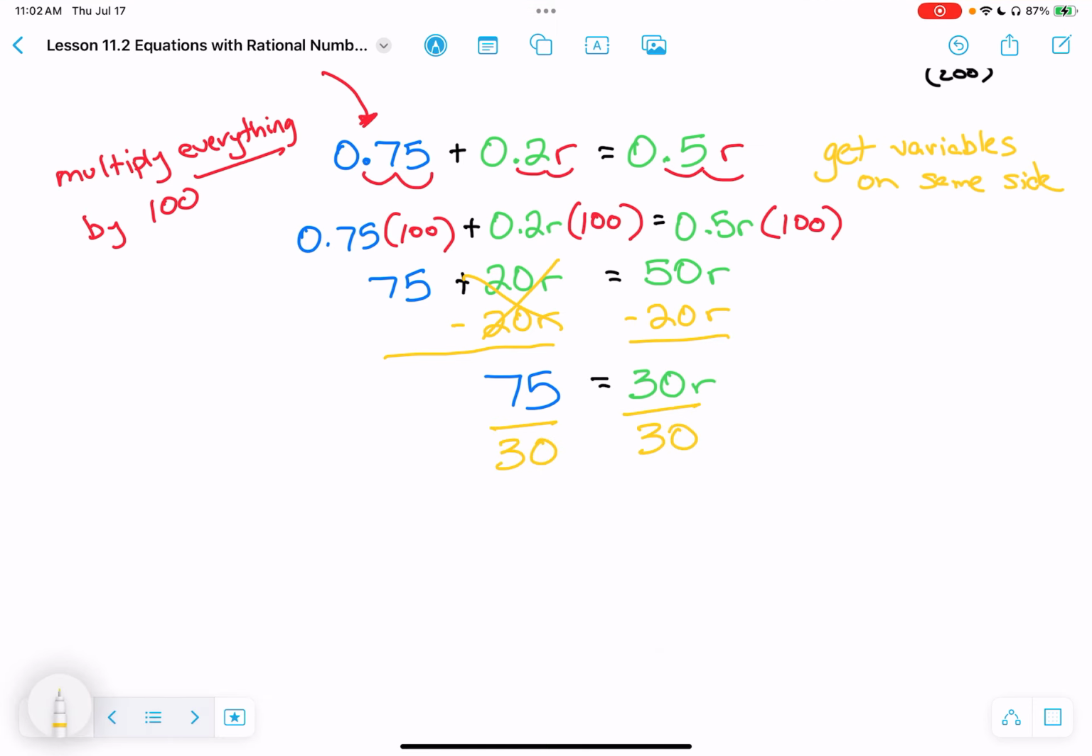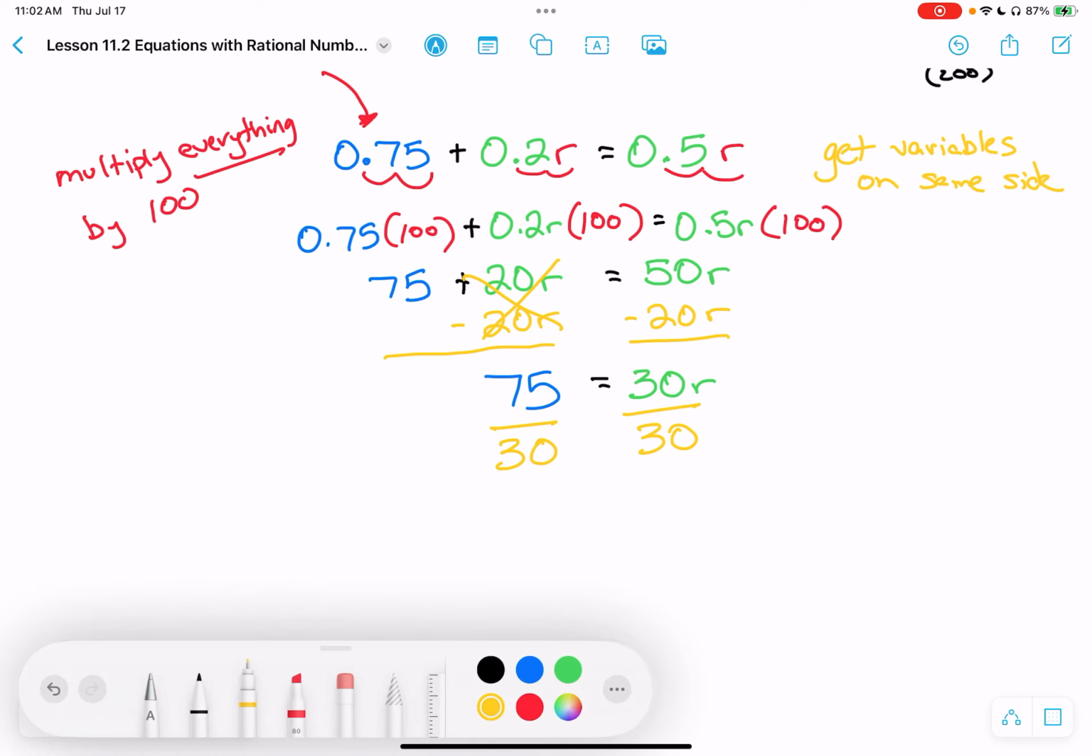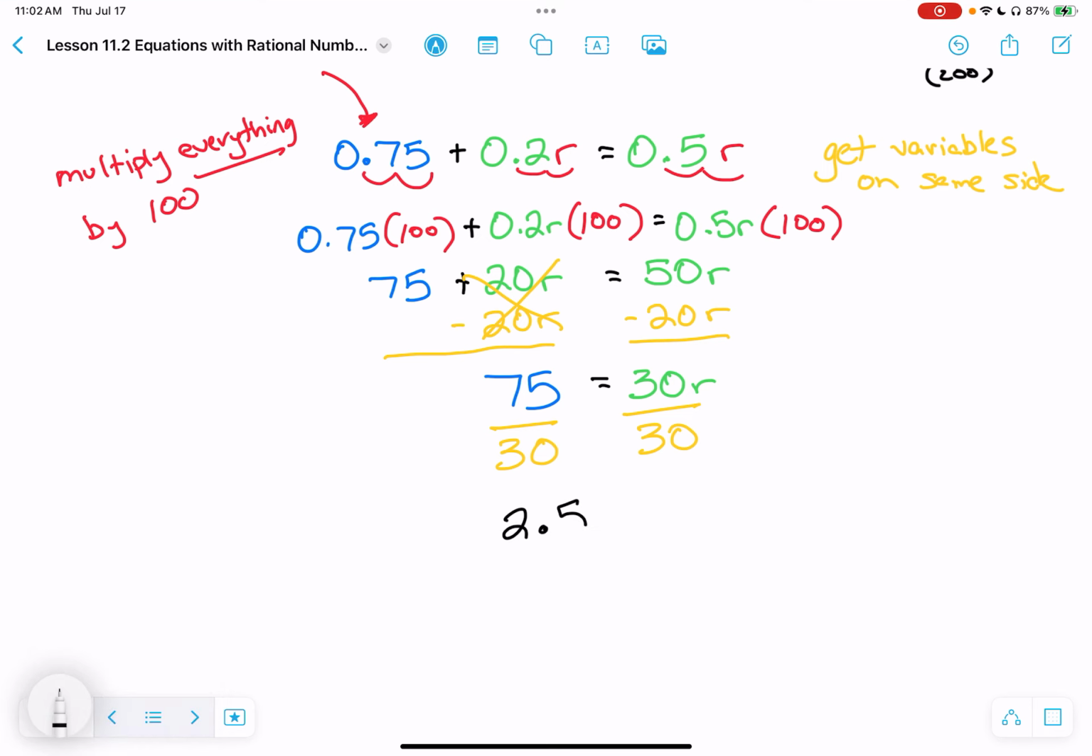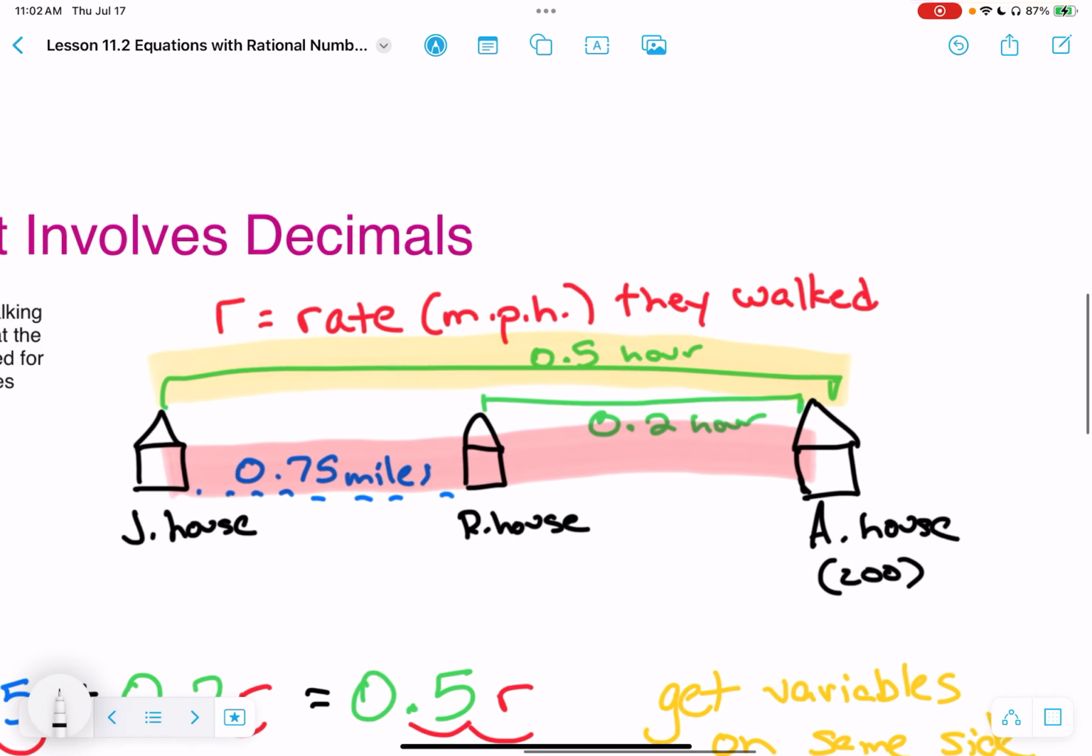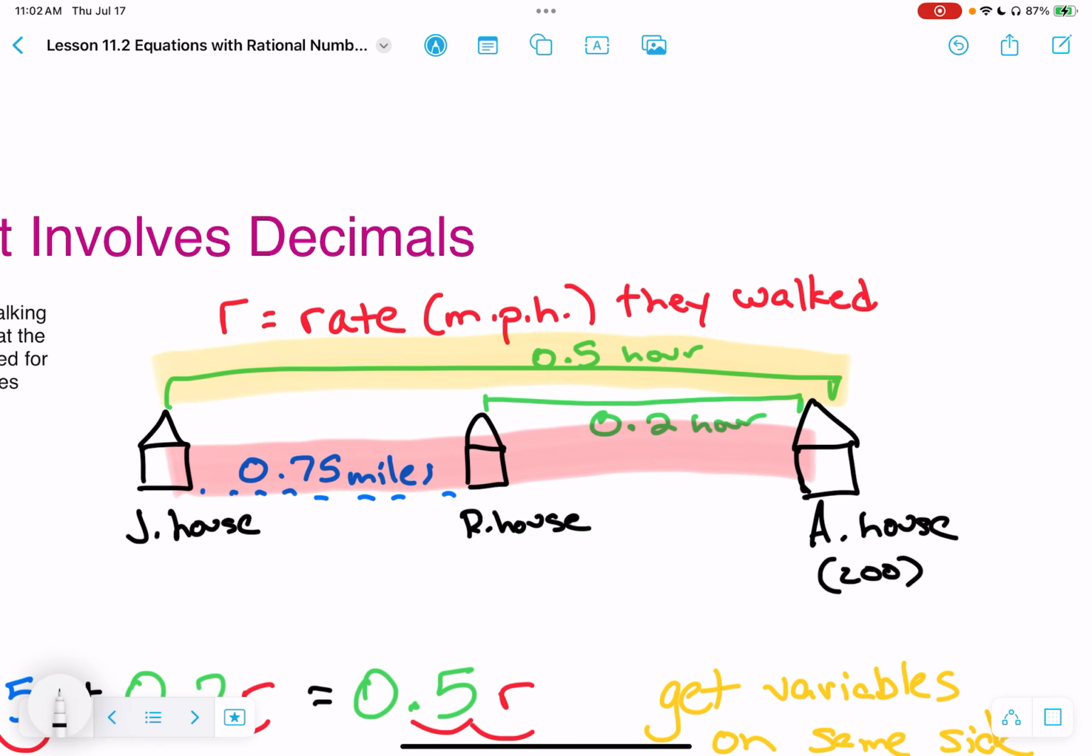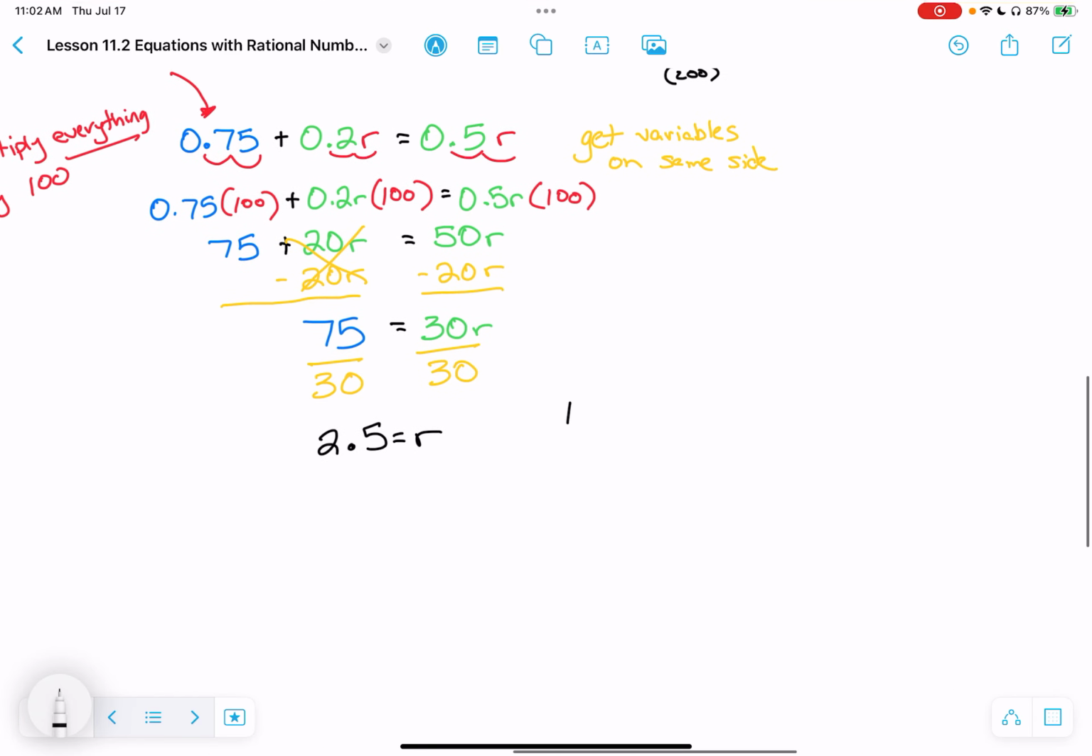You may want to do 75 divided by 30 on a calculator, no shame. 75 divided by 30 comes out to be 2.5. It's not bad, but it's fine to use a calculator. 2.5 is the answer, but let's write our answer in context. 2.5 what? Well, we defined our r as the rate in miles per hour that we walked. So they walked at an average speed of